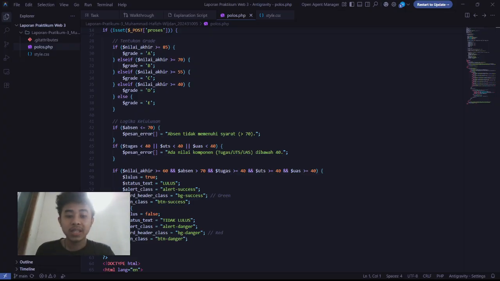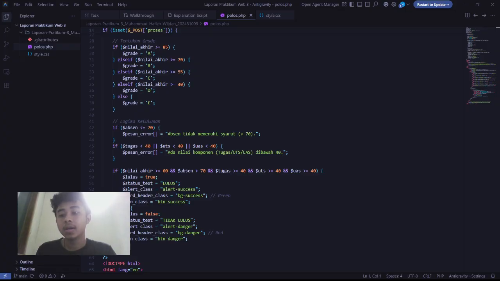For the pass and fail logic, this is the most critical logic. The requirements for passing are strict. I check if absent is under 70. If true, I add an error message.